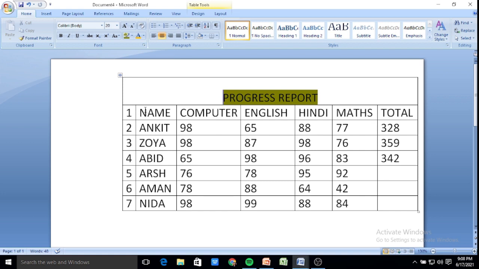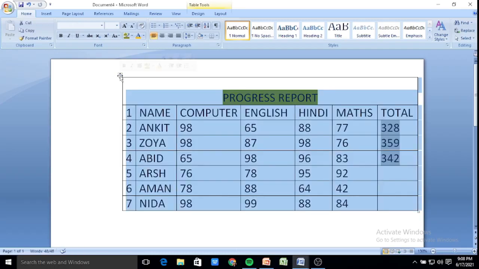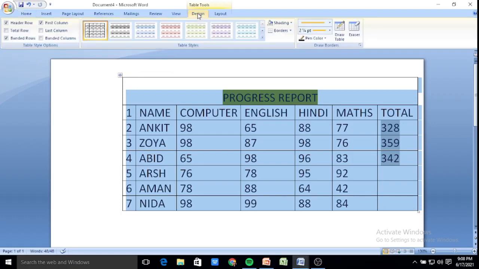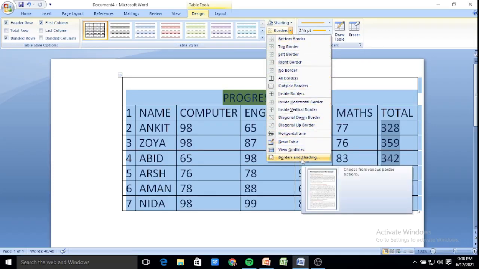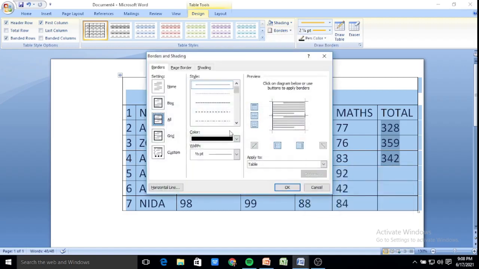Next was children, we had to study about the border and shading. With the 4-headed arrow, select the entire table. Okay, now from the design tab, go to the design tab. Here in the design tab you will get borders option in the table styles option. Click on this. You will get a drop down menu of this type. At the bottom of the drop down menu, here it is written border and shading.